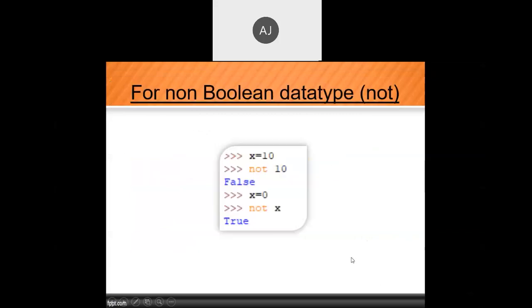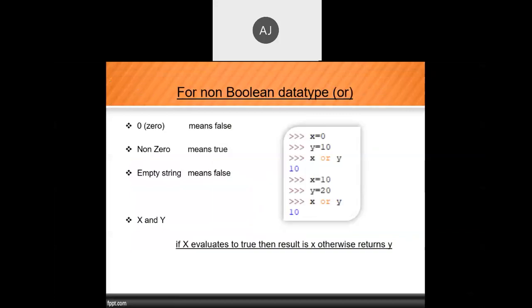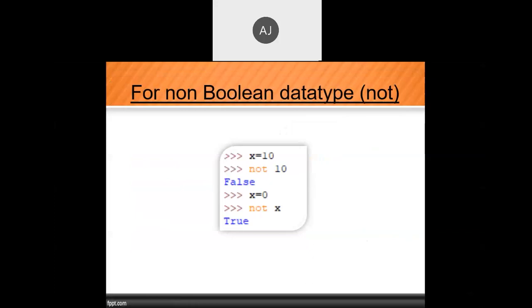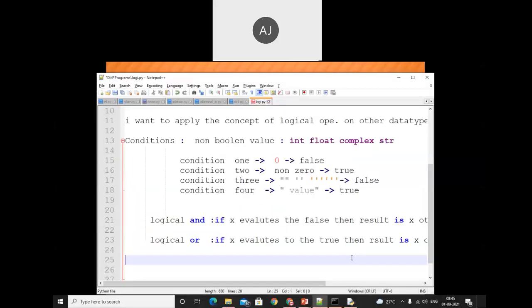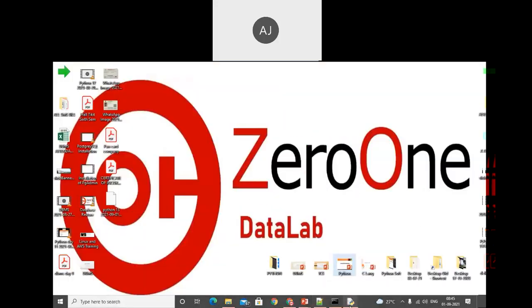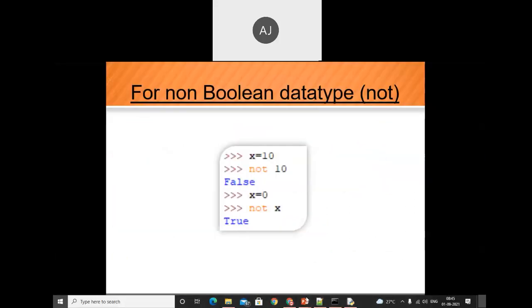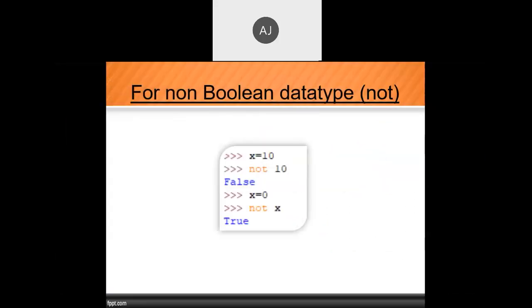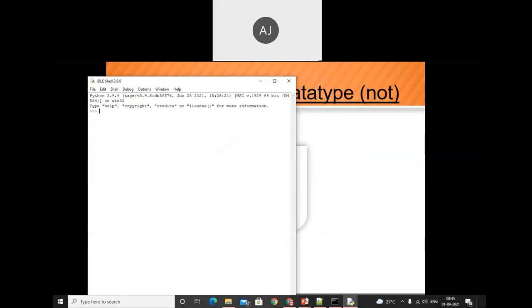Okay. So this is about not, and not is nothing but the reversal of the given output. Here I have the IDLE tool, and inside it we are using non-Boolean values. Just x is equal to 10.